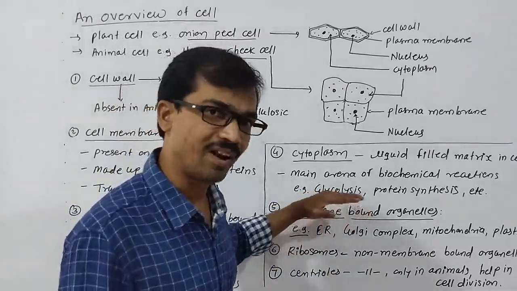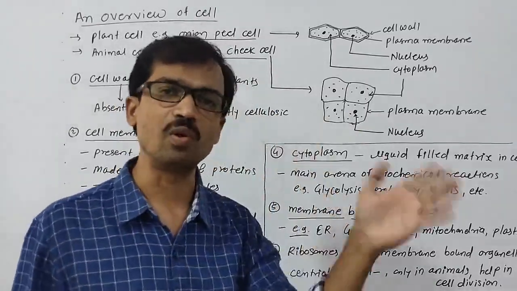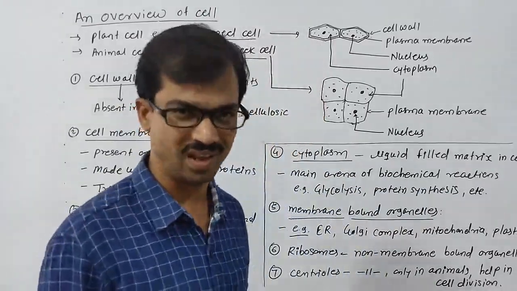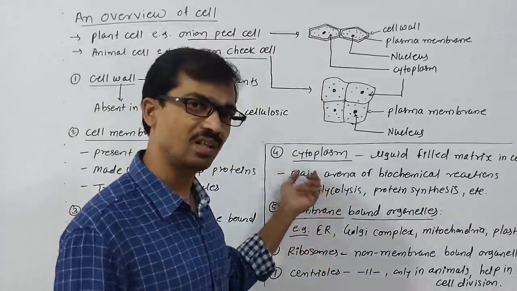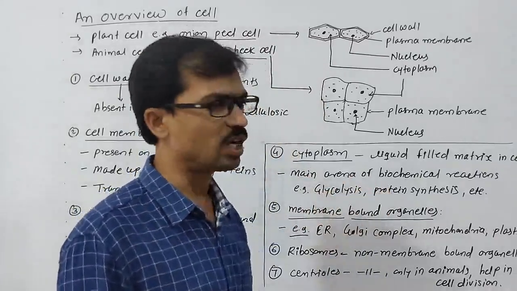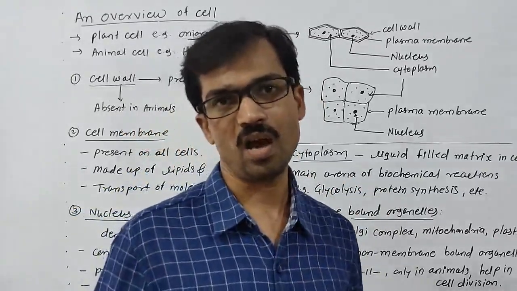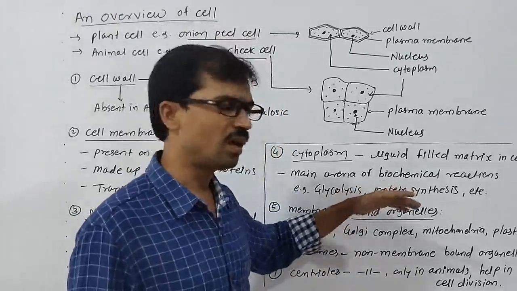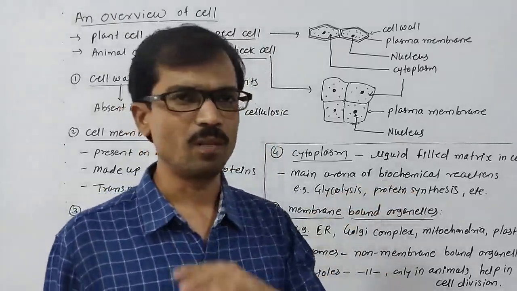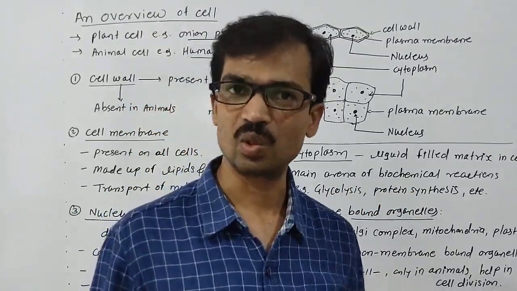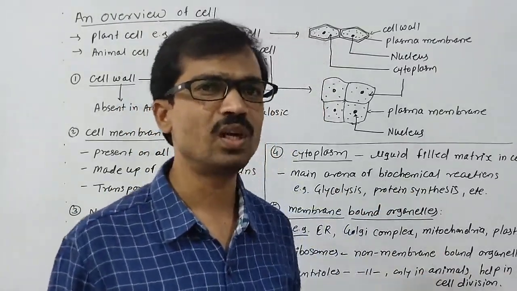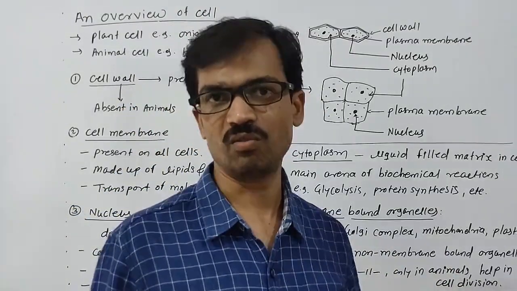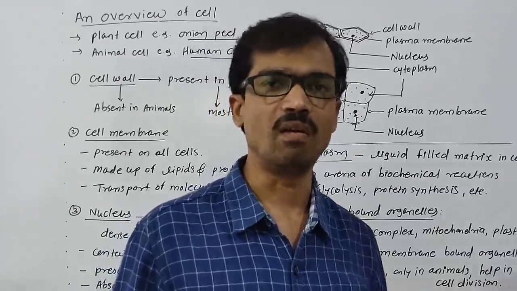For example, glycolysis, that is degradation of glucose into two molecules of pyruvate with the release of some amount of energy, that also occurs in the cytoplasm. And cytoplasm also harbors the enzymes for the synthesis of proteins, and in addition to that, several thousands of different reactions also occur in the cytoplasm. We will study all these reactions when we study plant physiology, the photosynthesis and respiration